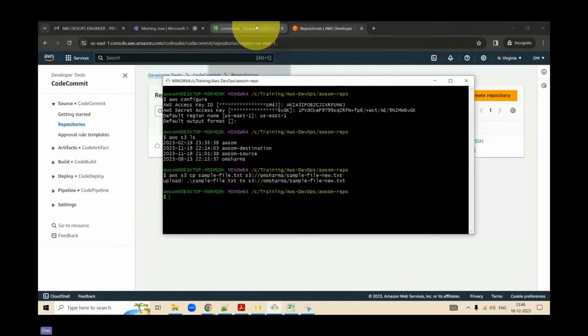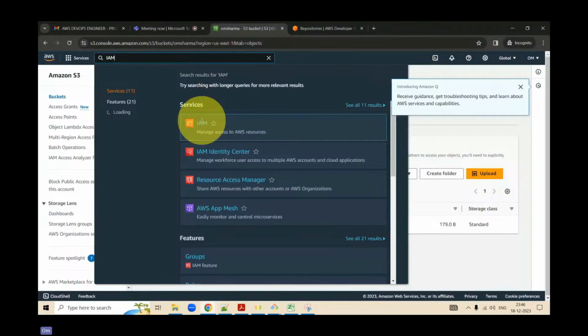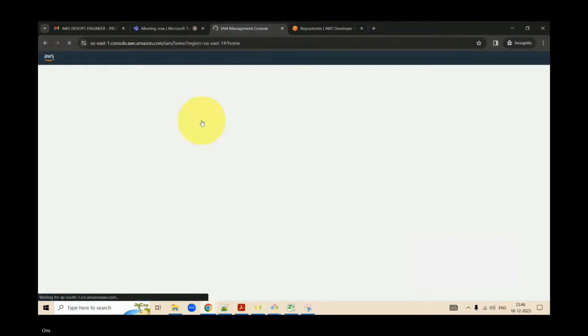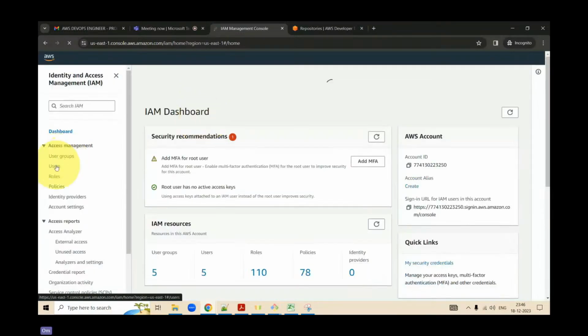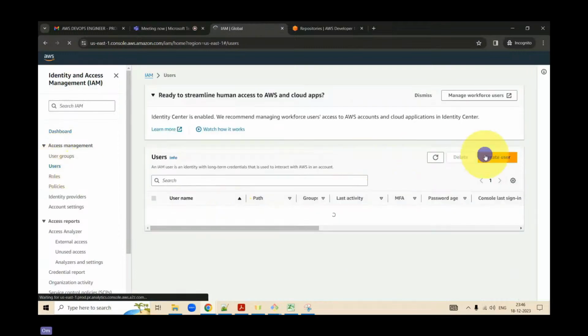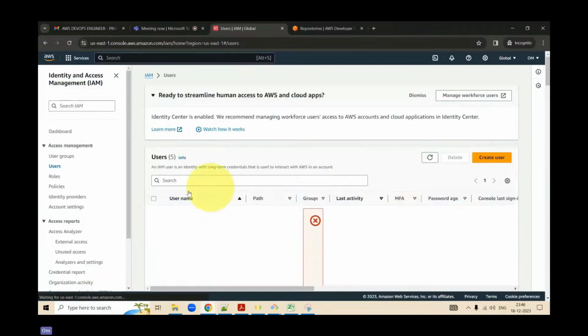So what I did was, if you carefully see, I created one IAM user at the start. I already had one user. Now you need to go to an IAM user page. Over here, you need to click on create a user. Click on create a user. Write a nice username. Maybe you can write your name over there.